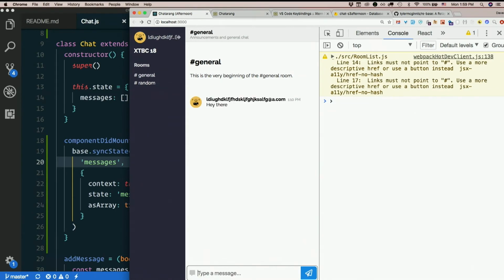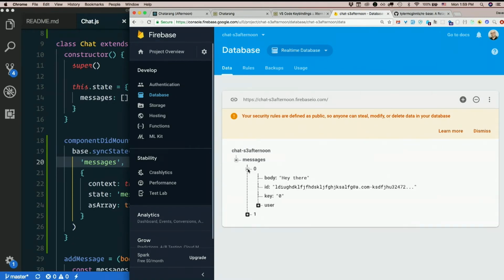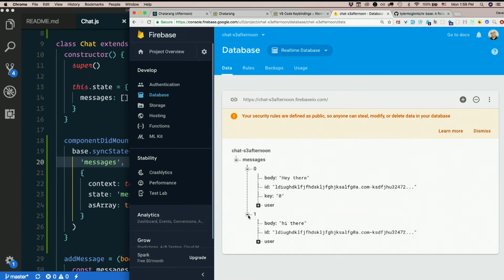Hey there. Hi there. Yeah, just like that. Now we said this was two-way data binding, right? I make a change in my state, it changes it in Firebase. I make a change in Firebase, it changes in my state. Woohoo. What if I change this from hi there to what